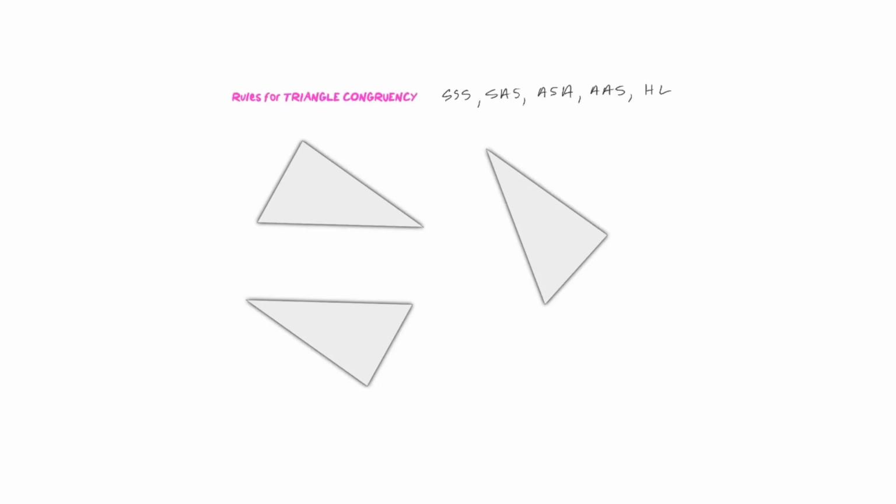If it says S, it's talking about a side. If it says A, it's talking about an angle. There is no ASS rule or SSA rule with triangle congruency, and we'll try to show you that towards the end a little bit. Just one thing I want to go over as a prerequisite skill